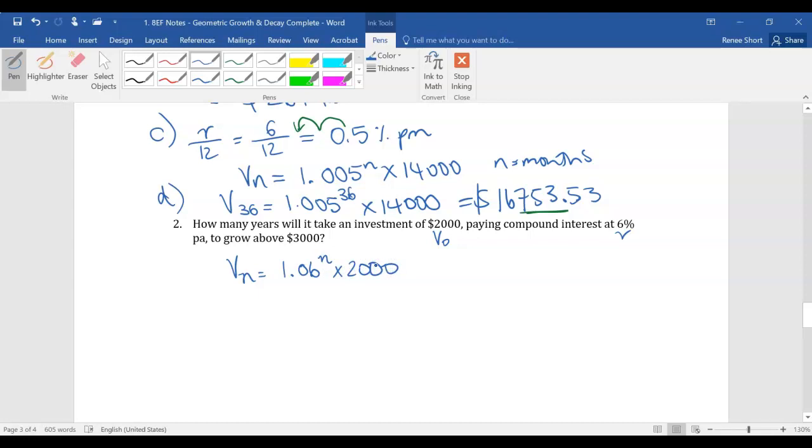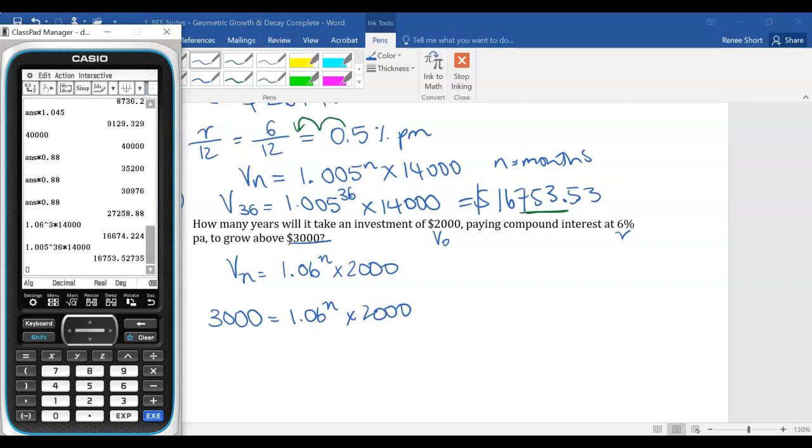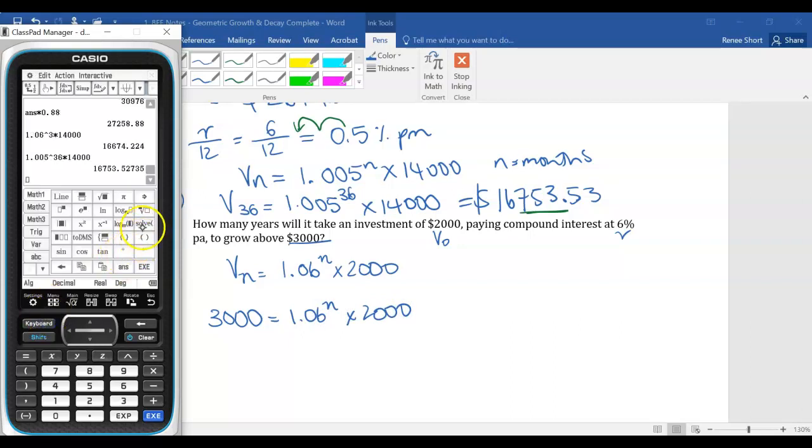Now this question wants to know how long will it take to be above 3,000. So what I'm saying is 3,000 is the value here. What's n going to be? Now we can actually use that solve function in our calculator again. So we're going to go to solve here. We're going to put $3,000 equals 1.06 to the power of x,